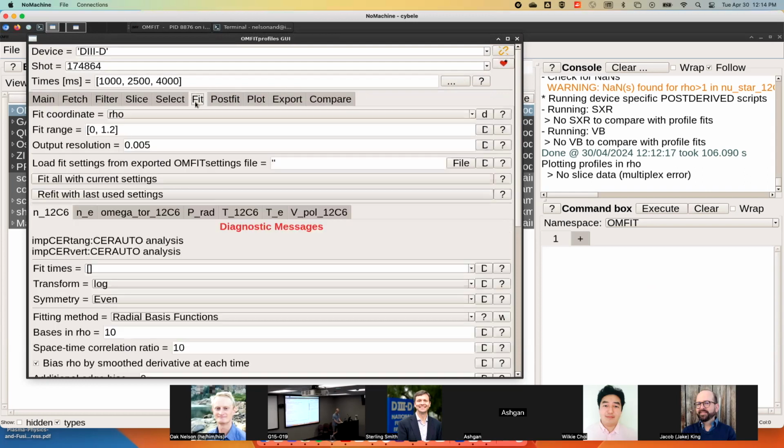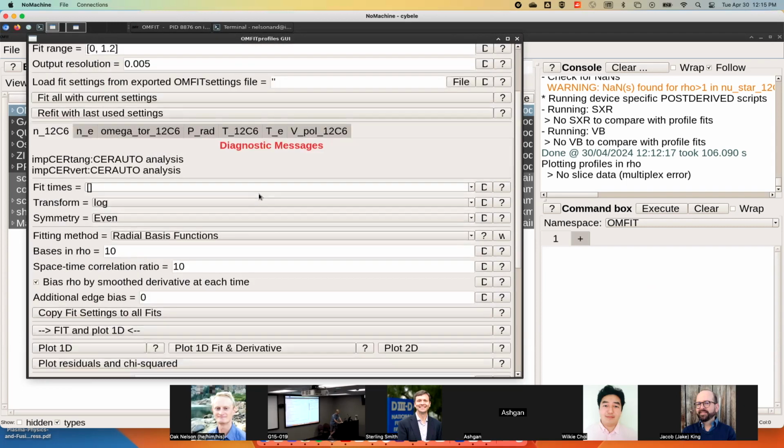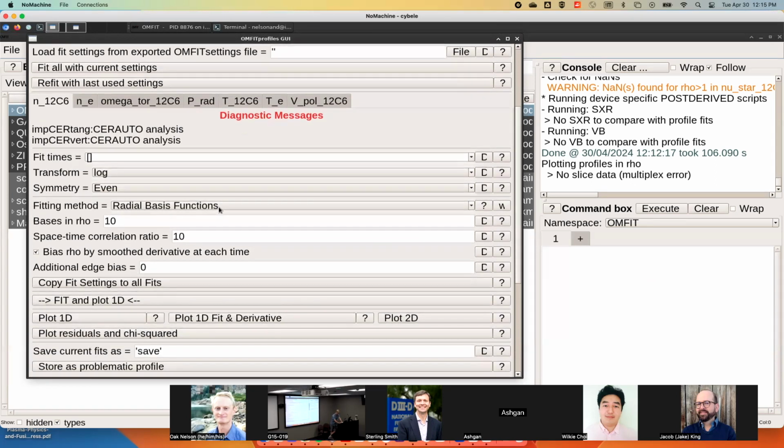But of course, this is a fitting tool. So maybe the most interesting tab for a lot of people is the fitting tab. If you go to the fitting tab here, you can see we have a ton of options, right? This is the default that OMFIT profiles opens up with. It's using radial basis functions. It has some space basis and row. If we don't know what these mean,